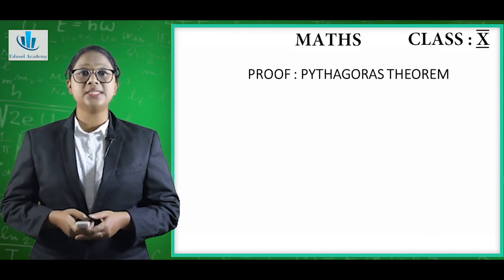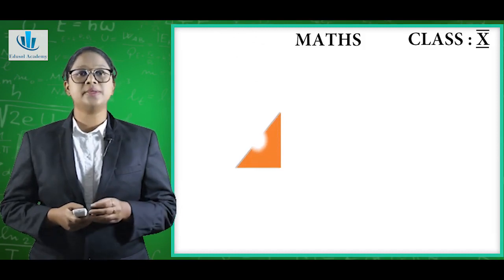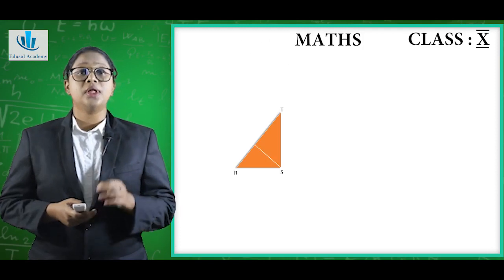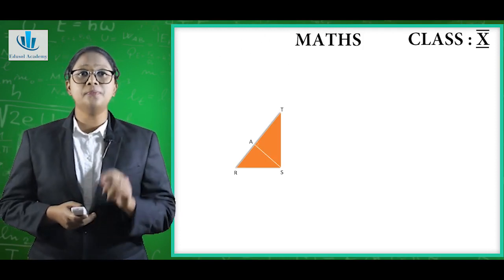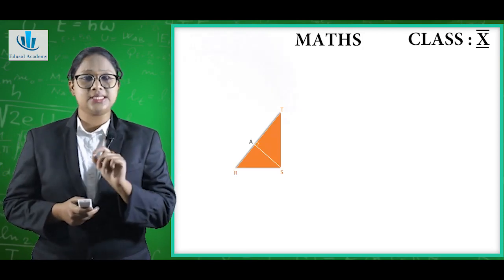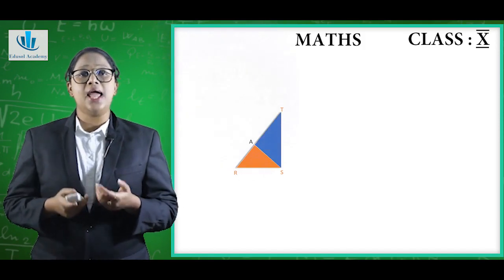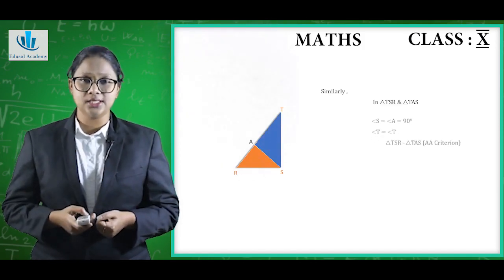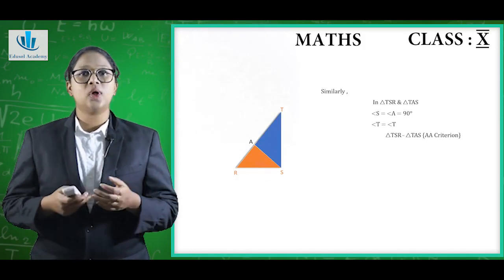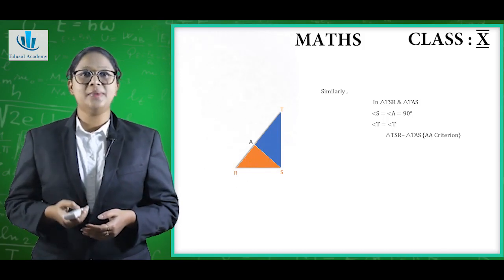We have to prove that the other triangle, that is triangle TAS, is now similar to the bigger one. For our convenience, we are taking the name of the bigger triangle TSR in this case. So in triangle TSR and triangle TAS, again angle A and angle S are 90 degrees each, so that's done, and angle T is a common angle. So again by the AA similarity rule, those triangles are also similar.